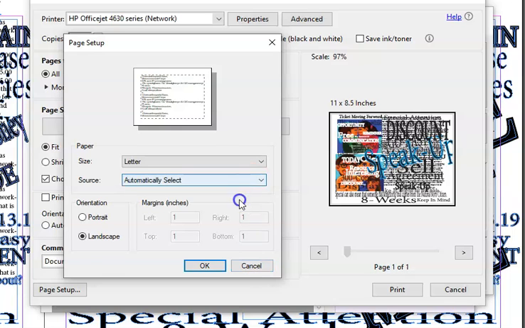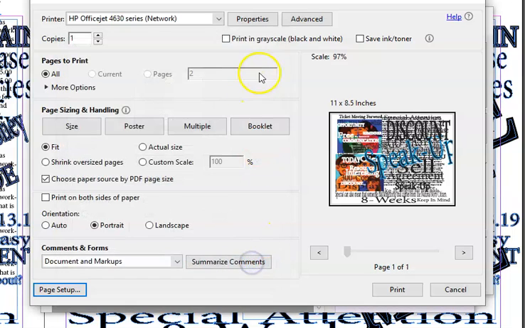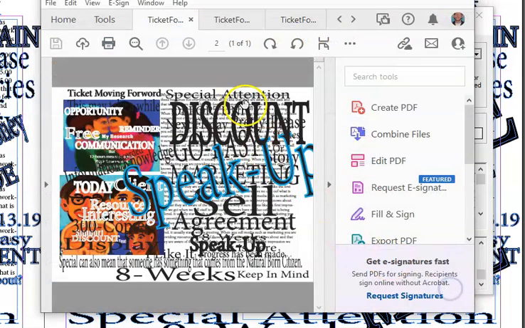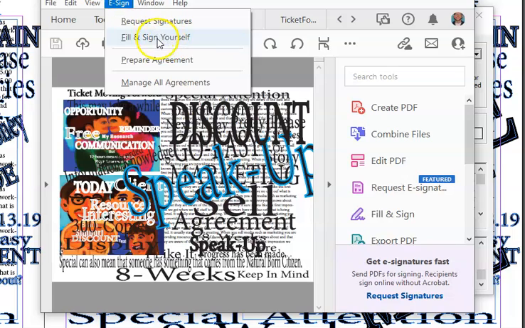I don't blame anyone if they don't want to mess with it, but at the same time, note that, really, what have you learned whenever you look at it? Whenever you look at it, you'd see this right here. All these print selections right here, with Acrobat, and you have e-sign. So if I were to click e-sign, request signature right here, and fill and sign yourself,